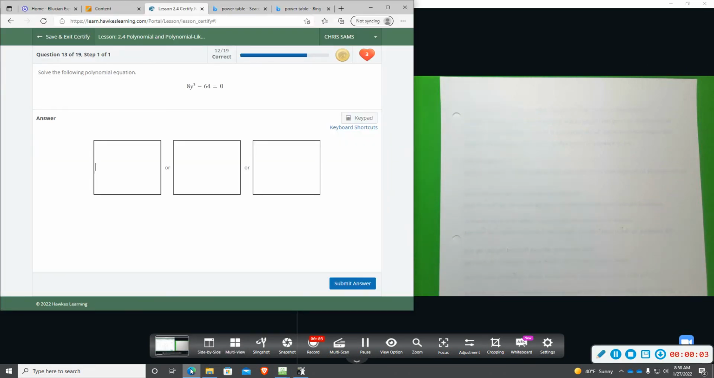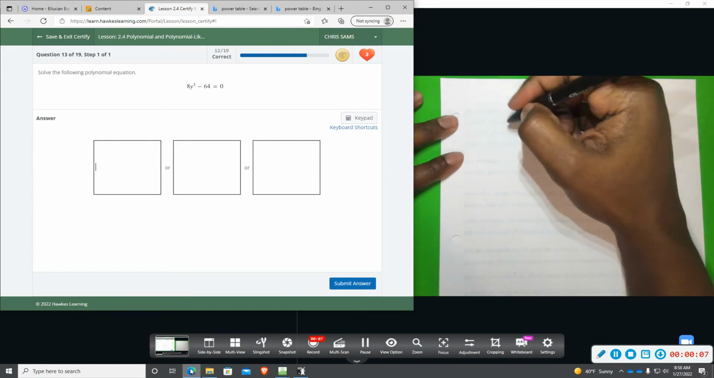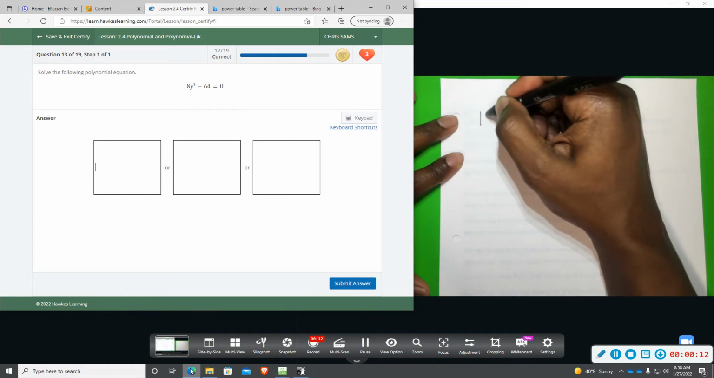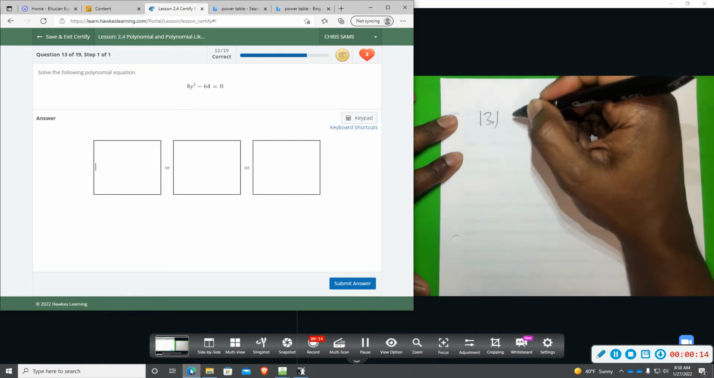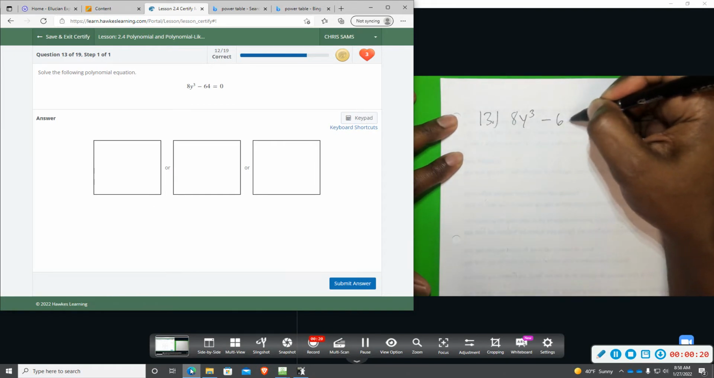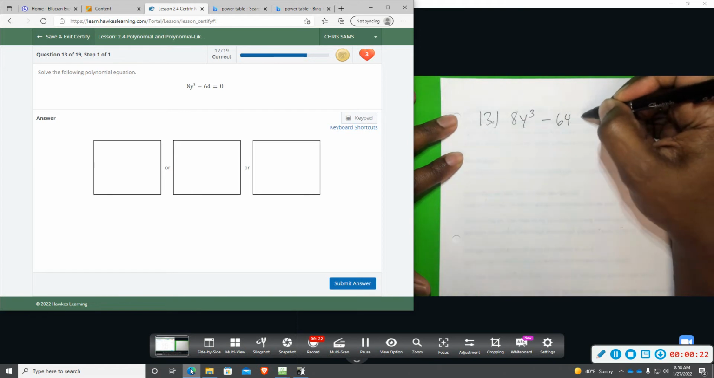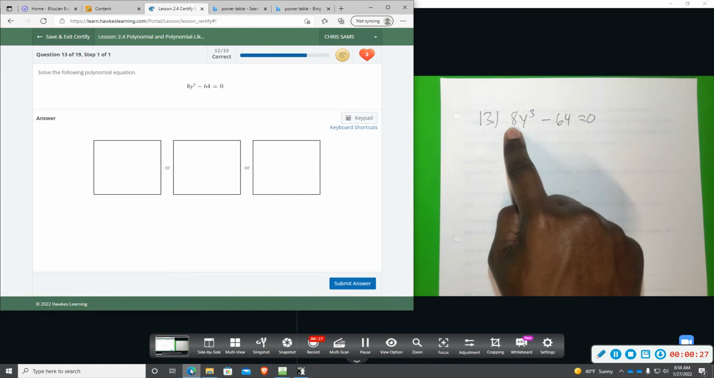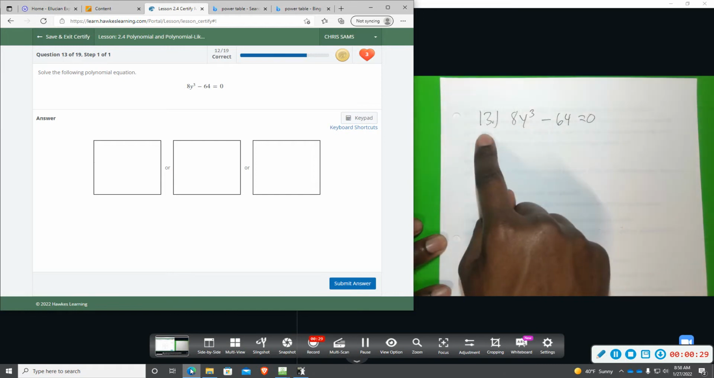Alright, number 13, same type problem. So this one has two terms out front. 8y cubed minus 64. Okay, so sometimes if you notice it has a coefficient, you might be able to factor out, but I would